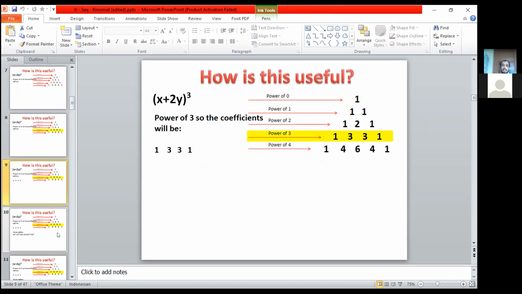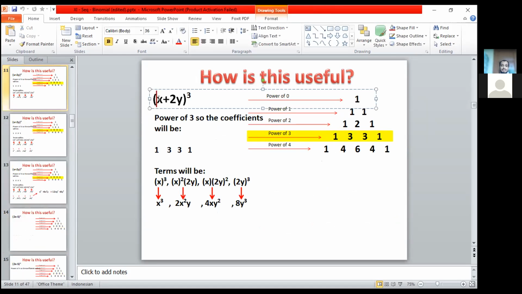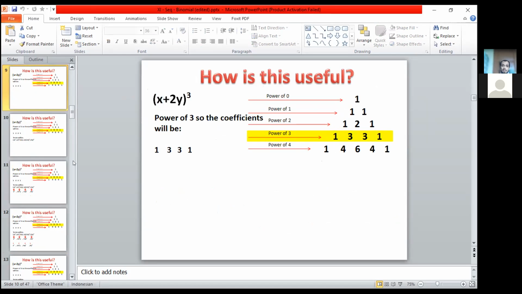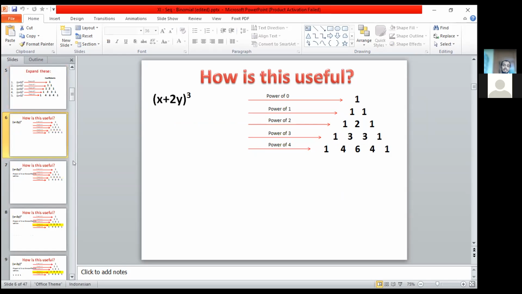Yeah, and by the way, the coefficient, I'll just remind you, in the end, because each term of the binomial, the basic form is a plus b to the power of something. But in reality, you will get problems like this. So instead of a plus b or x plus y, you will get something like x plus 2y, for example, or maybe 2x minus 5y or anything.